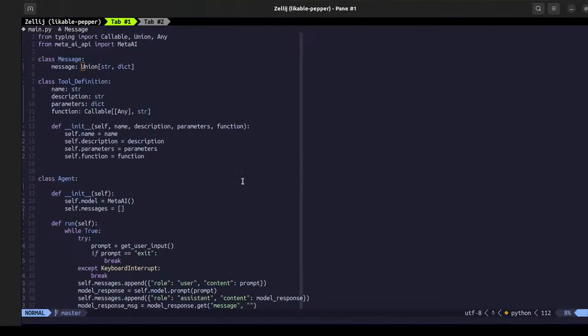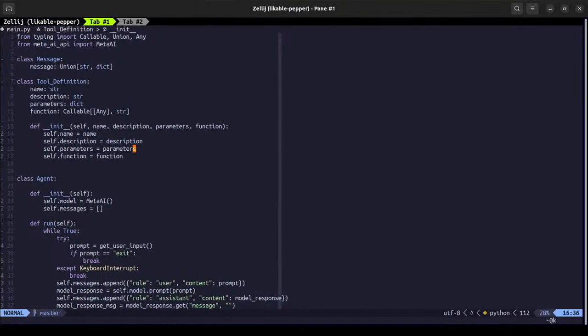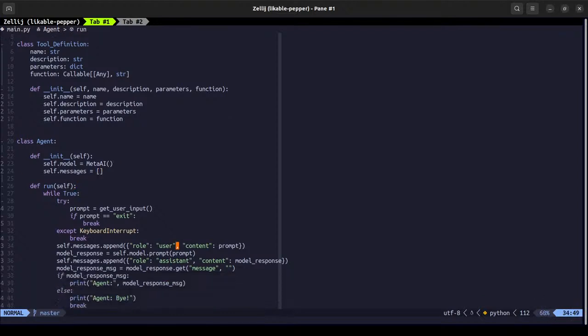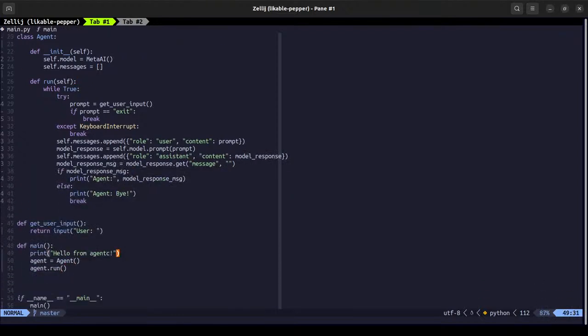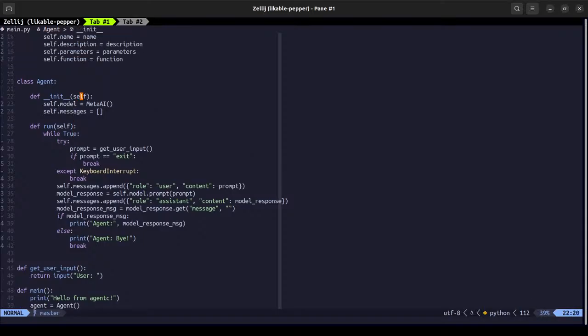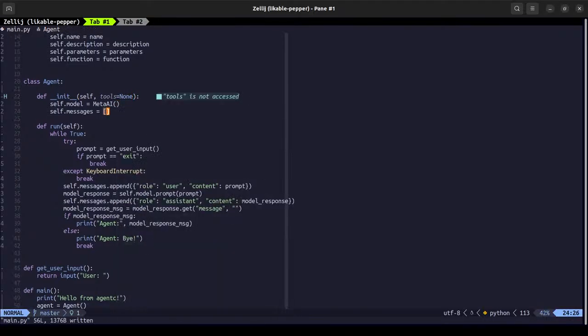Inside of an inference, we are just providing these tools, right? So similarly here, will it be outside or inside? That is the concern. Maybe we can pass in the tools here itself, right? So it will be tools, which will be initialized to none initially.